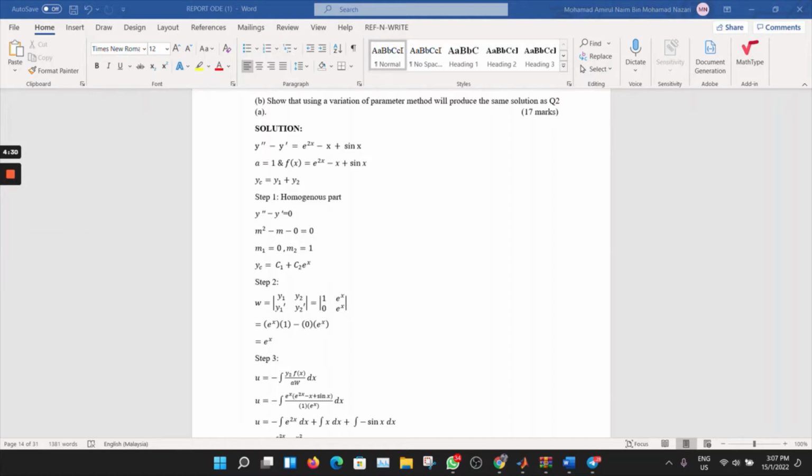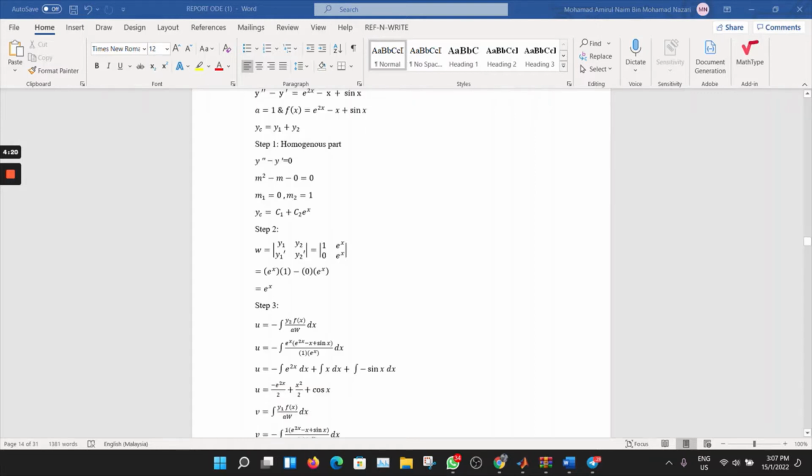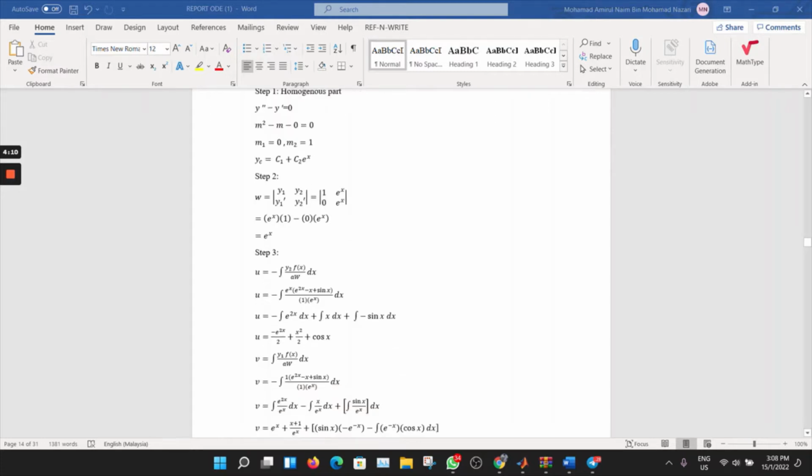Okay, first we determine a equal to 1 and the function of x equal to e^(-x) plus sin x. So yc is equal to y1 plus y2. For step 1, the homogeneous part: y double prime plus y prime equals 0. So m1 is equal to 0, m2 is equal to -1. For step 2 is